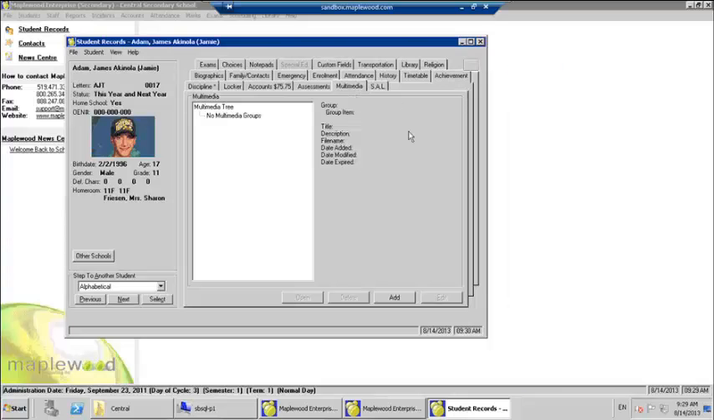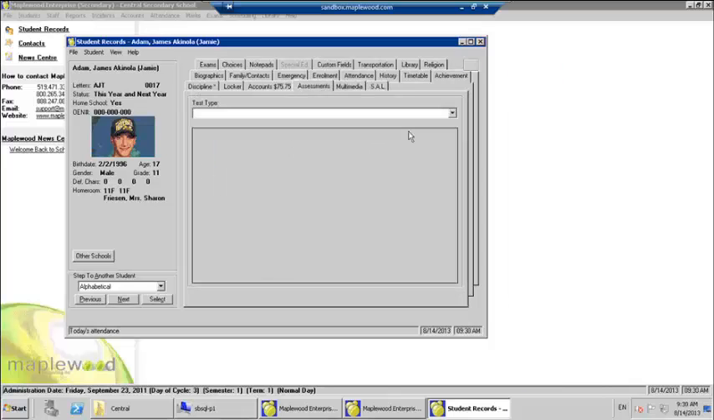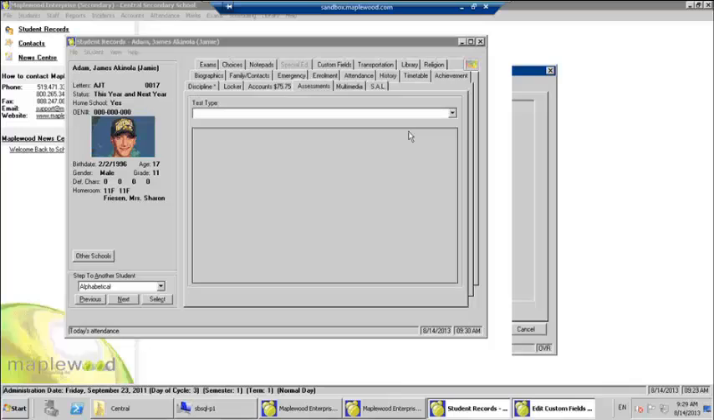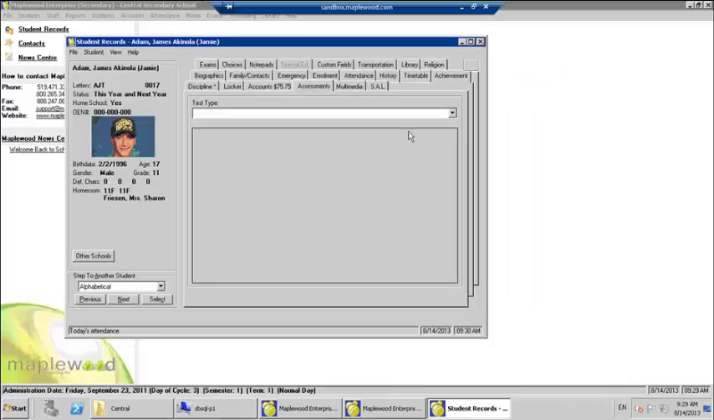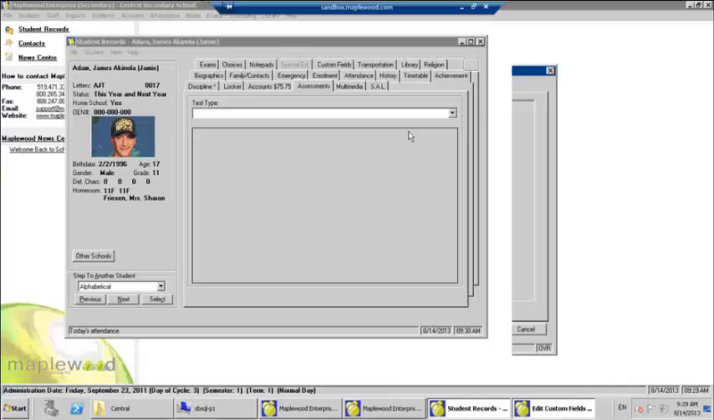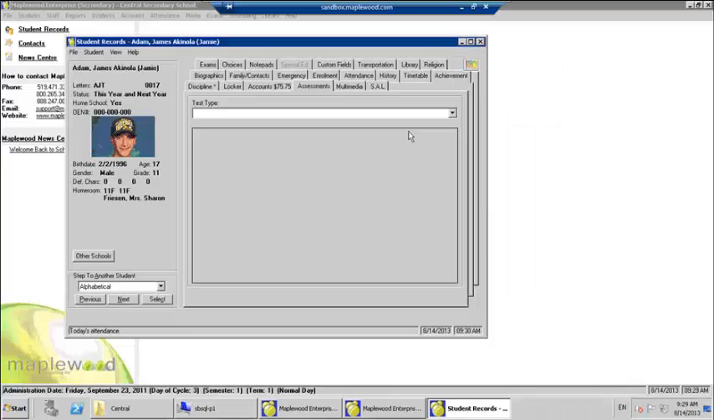The Assessments tab, that's a new feature in MapleWood, I believe. Did you see that before? No, we did not. What that'll be able to be used for, and it's something that has to be set up through central office,